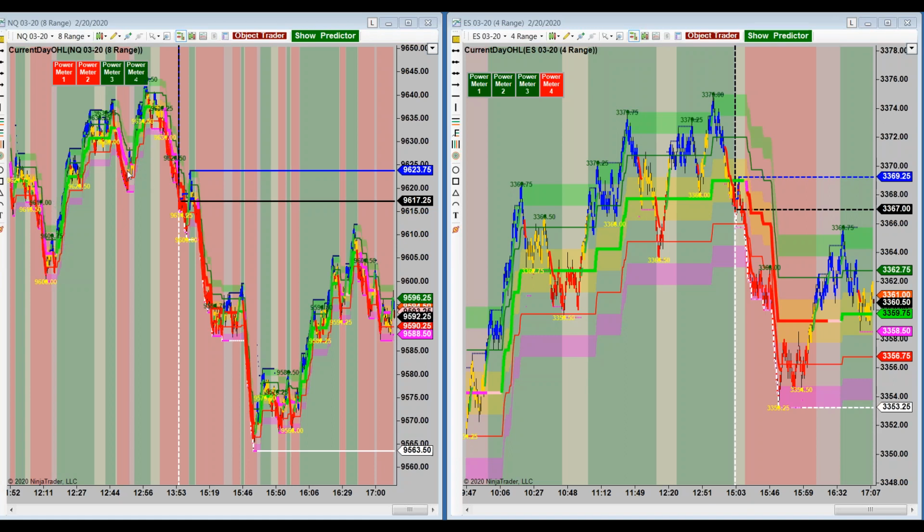Okay? And then we use this current day open, high, low out of the box Ninja indicator. And so when the new market opens for the day, you get this demarcation line right here on ES and the similar demarcation line here to the left. Now, the first thing that probably jumps out at you, hold on a second, I need to